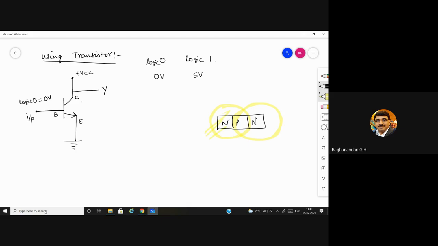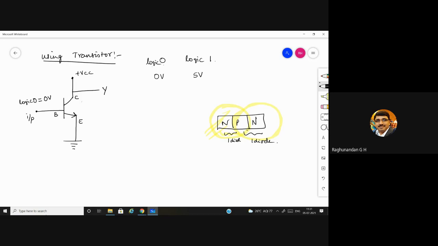Now you tell me, how does this look like? It's also a diode only, correct? Yes. So these two form one diode, and again these two form one diode. So a transistor can be replaced by two diodes.